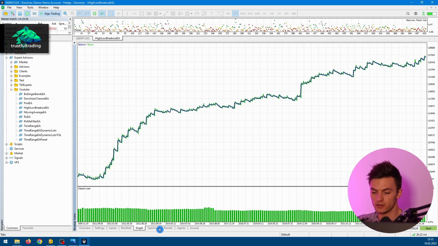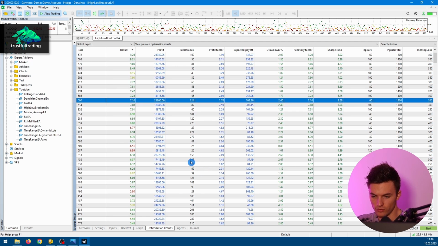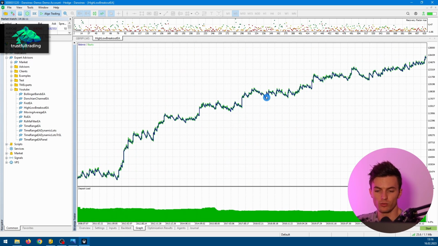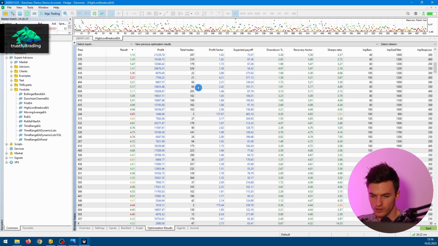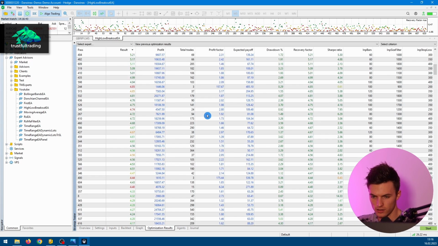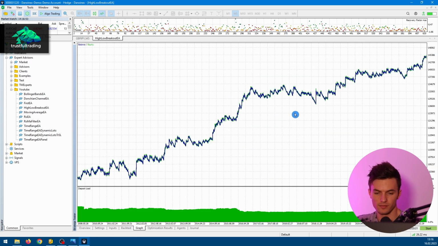But we can also take a look at another result, maybe with more trades. Let's say over 300, maybe this one here. Let's see. Yeah, again, you cannot tell where the optimization period ends and the out of sample period starts. So this is probably around here, and you can see out of sample also very good performance. Now let's take a look at a combination with even more trades maybe. Here's one with 500 trades. Also looks very nice. But let's see if we can find a combination with 1000 trades. Let's see. Yeah, also here the out of sample